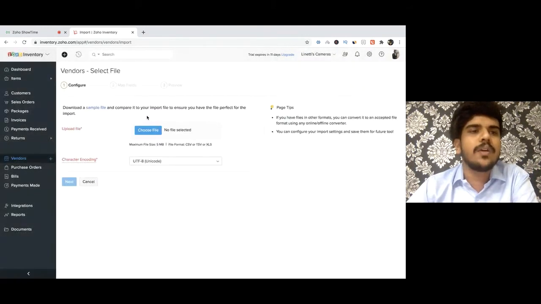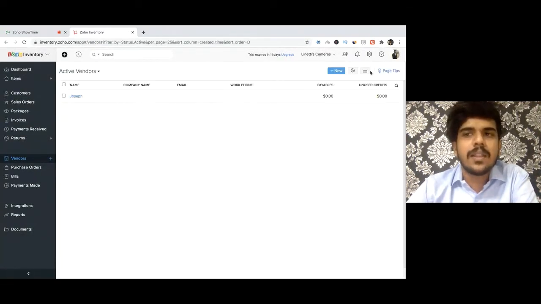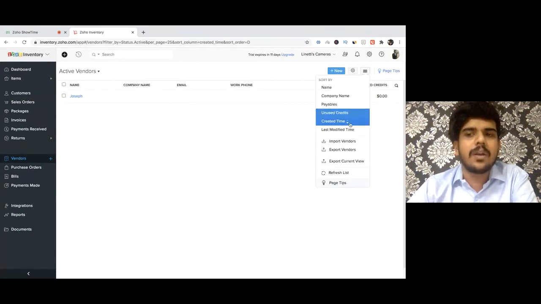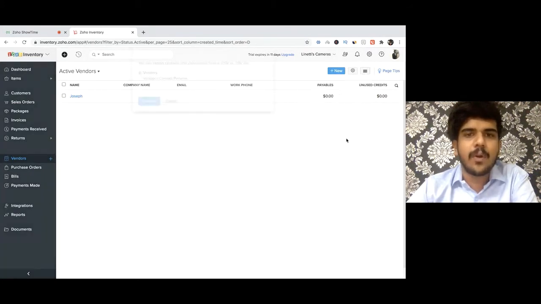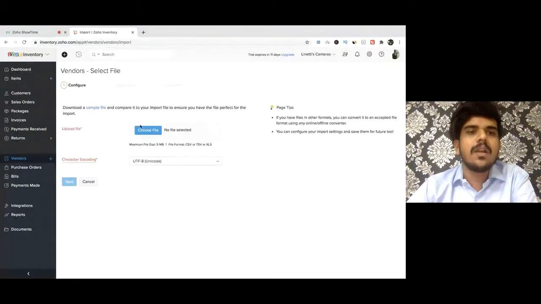So if you want to know the format, go to the respective module. Say, for example, you want to import the vendors today. So go to the vendors module. Click on the three-lined icon on the top right corner where you will be able to find the import vendors option. And then on this page, we would have also given you the sample file, which will contain the headers and some sample data. You can arrange your data according to this format and import it into the application to have them created in bulk.